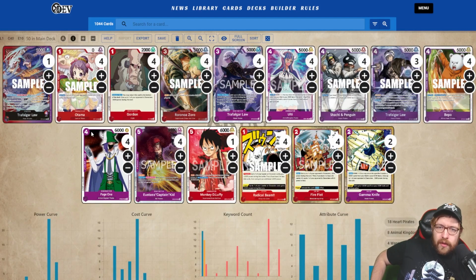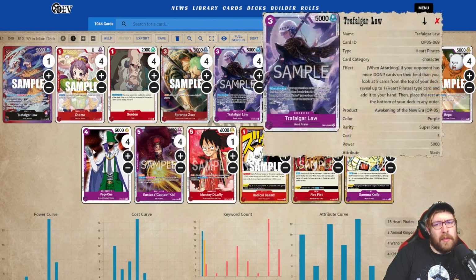It's just really tempo at all cost. And if you're able to get there, you're in a good spot. And if you're not, then you usually run out of cards pretty quickly. So I don't see a lot of people playing this Trafalgar Law right now because it is a little bit